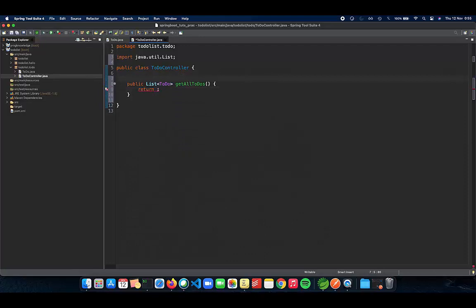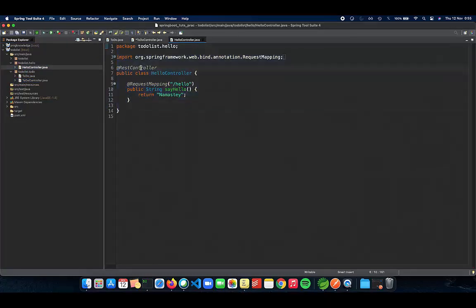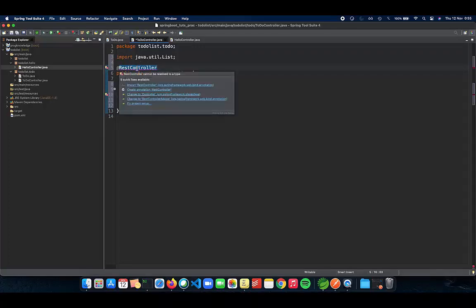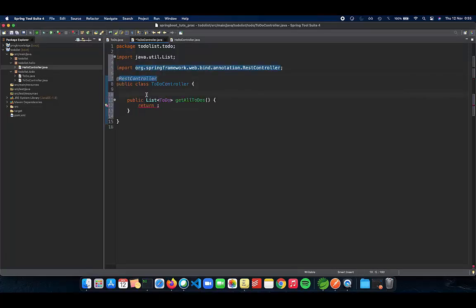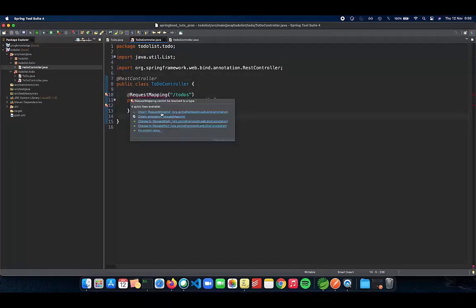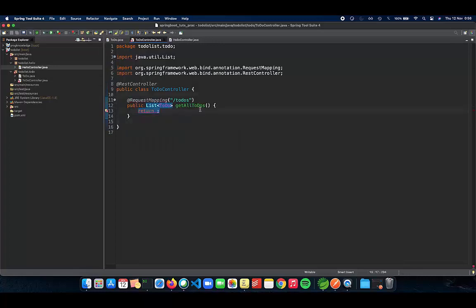Now, how do we actually map this to the URL? As we saw in our second video, how to implement a REST controller, we have to give it a RestController annotation and also the RequestMapping annotation. So let's do that now. To make this a REST controller, we have to give it a RestController annotation. And we again import it. And to map the request with this method to slash to-dos, we need to do a RequestMapping. And the mapping will be done to slash to-dos. Oh, my bad. And let's import RequestMapping as well. Okay, great. So now we have a method called getAllToDos which is mapped to slash to-dos, but